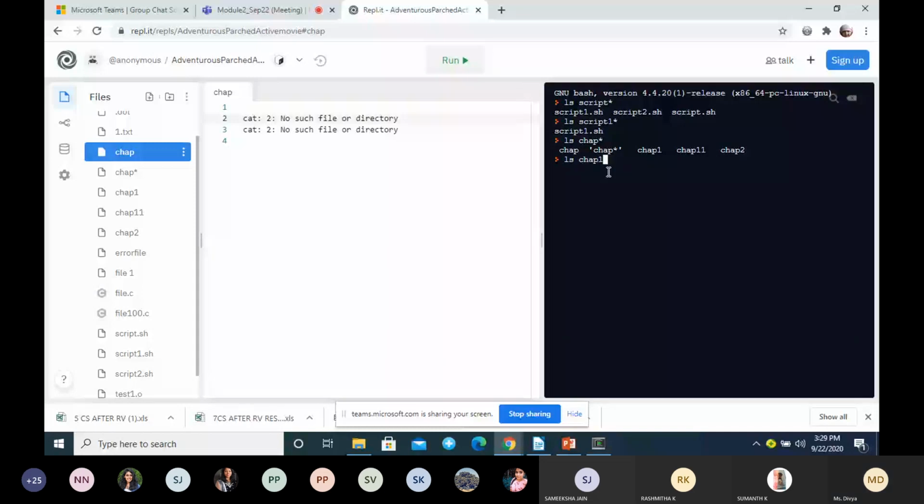CHAP1. Now, what are the files that will be listed? Shivani Kamal, what are the files that will be listed now? CHAP1.